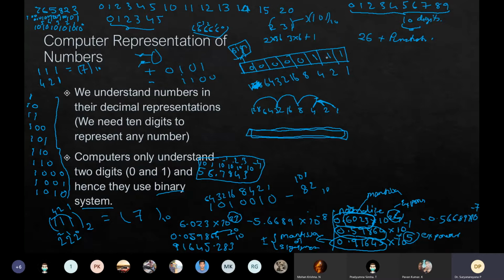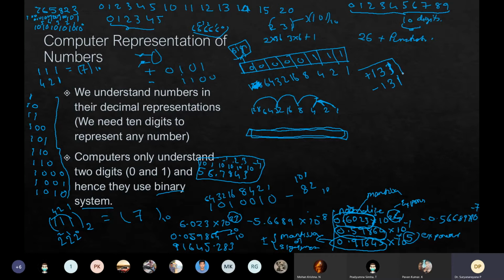And the rest of them you can use for the actual magnitude. So you see, what you can store is 64 plus 32, that's 96, plus 16, that is 112, plus 8, that is 120, and so on. So the maximum number you can store is positive 131, and the minimum number you can store is negative 131. I made a correction.